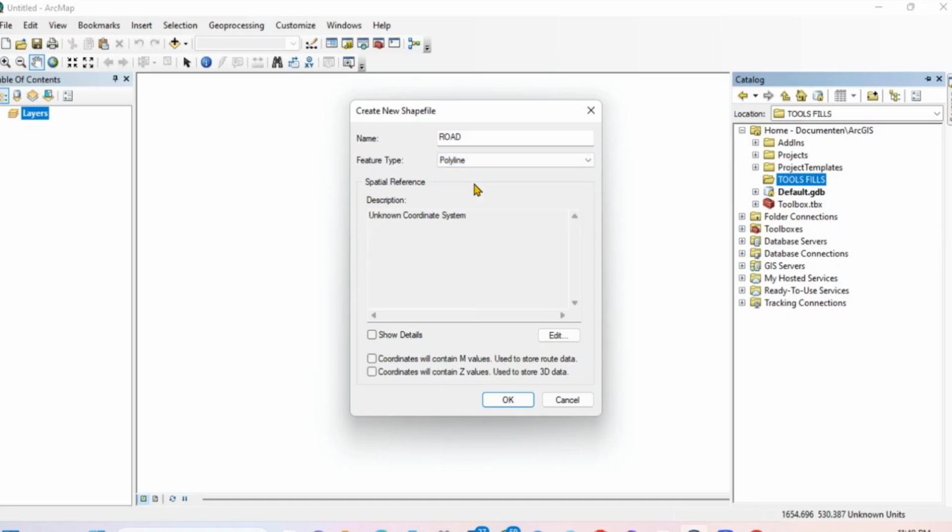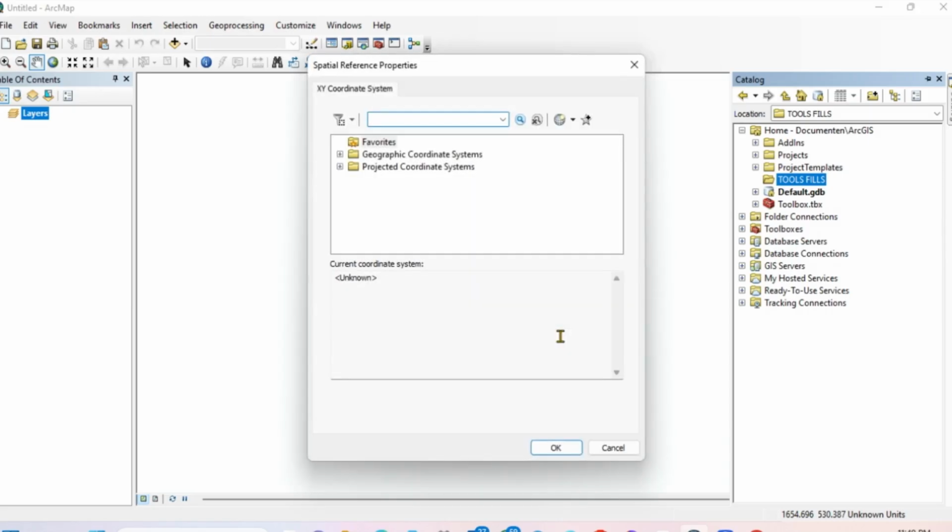And then you can see that they have unknown coordinate systems. So let's project the shapefiles. Edit, projected coordinate system. Scroll down to UTM, scroll down to WGS 1984, scroll down to